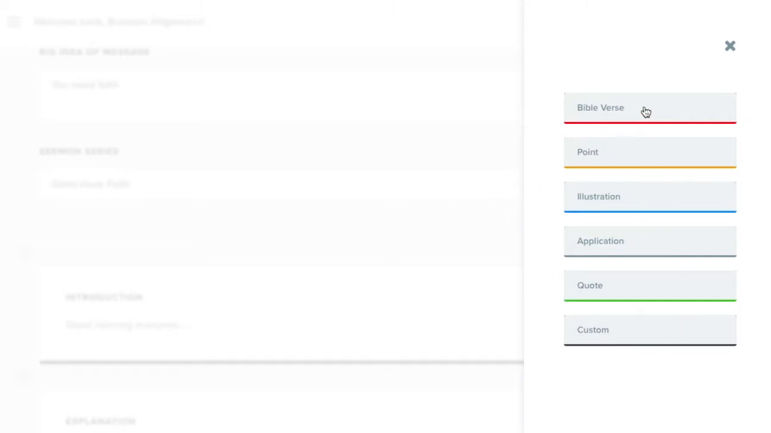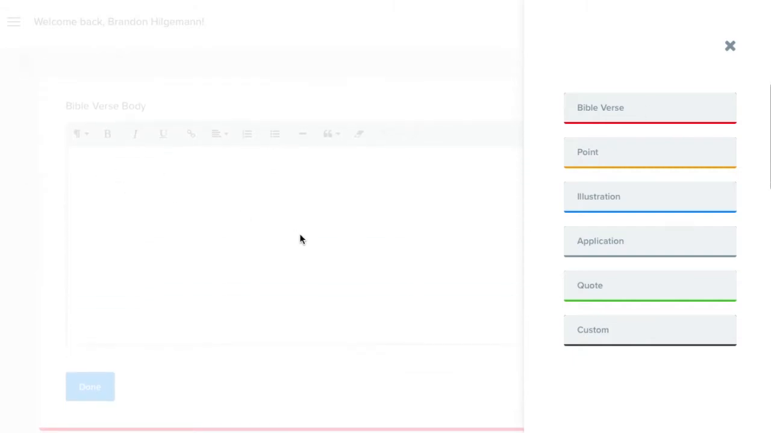So say you want to add your Bible verse. Now here's a little glitch right now. Obviously, like I said, Sermonary is a brand new application. They're still working out some of the bugs. I assume this will probably be fixed within a week or so, but once you do that, sometimes it freezes up on me. If I just refresh the page,